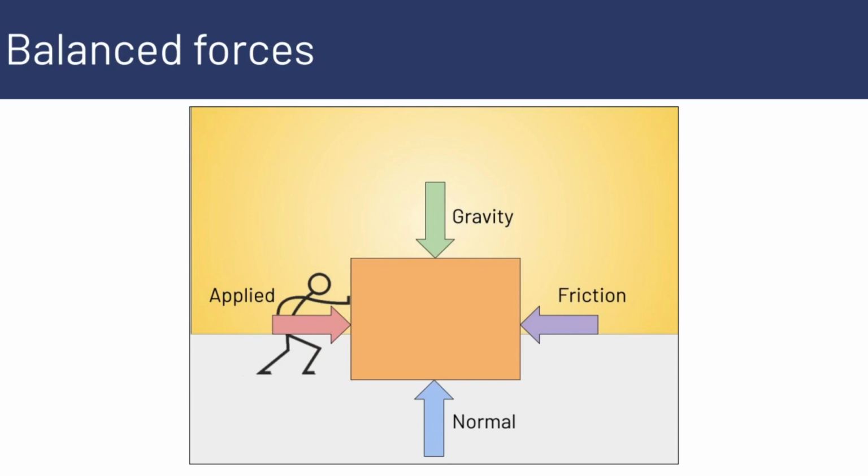So here we have balanced forces now. You can see all four arrows. The gravitational arrow is the same length as the arrow representing the normal force. So those arrows are the same, so they're balanced. And the friction force is balanced by the applied force. So if the box was in motion before, which we know it was, now the box is moving at a constant speed rather than accelerating. If the box was at rest, it would be maintaining its rest state because the forces are balanced.